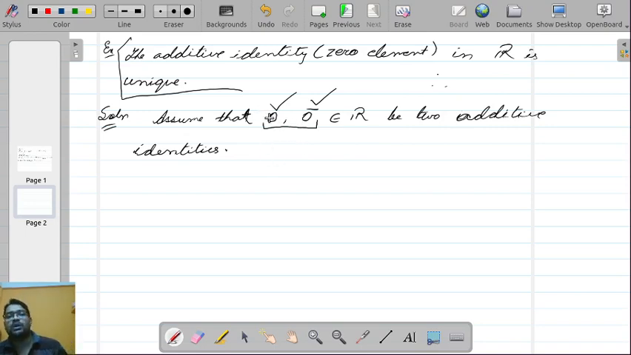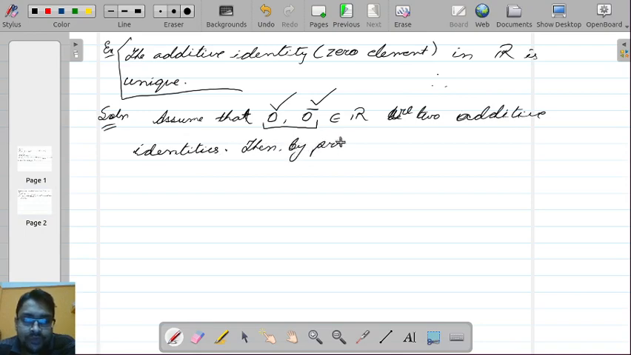So if you come up with one zero element and your friend comes up with another zero element, ultimately I can show that both of you have actually got the same thing. So no need to argue, the zero element is unique. This is what the procedure is. So assume that 0 and 0 bar belong to R, two additive identities. Then by